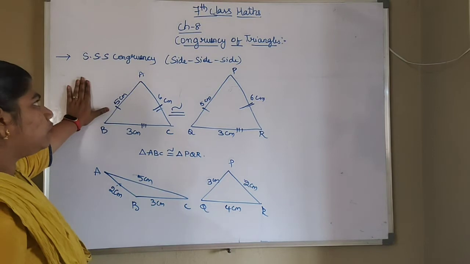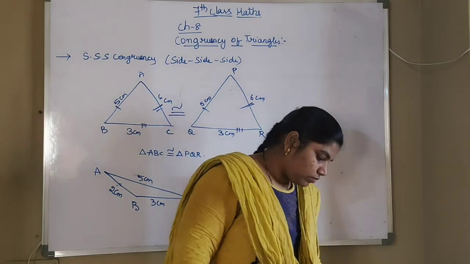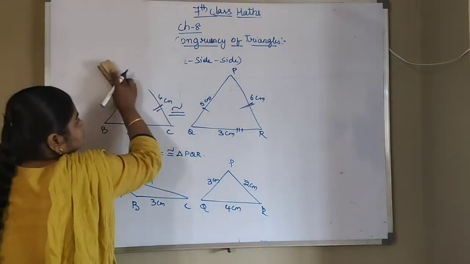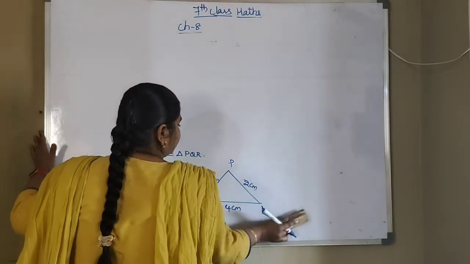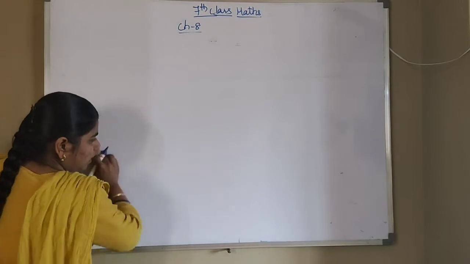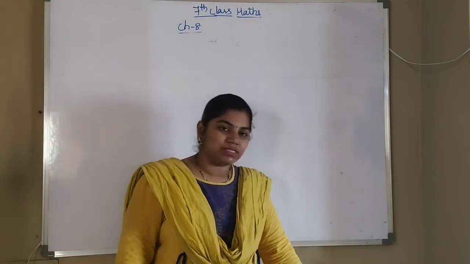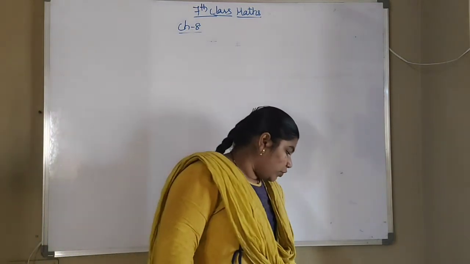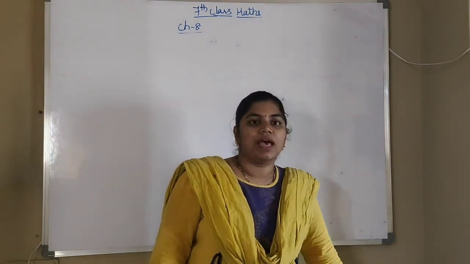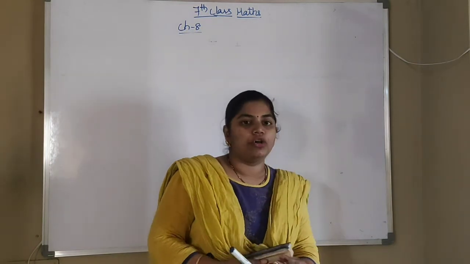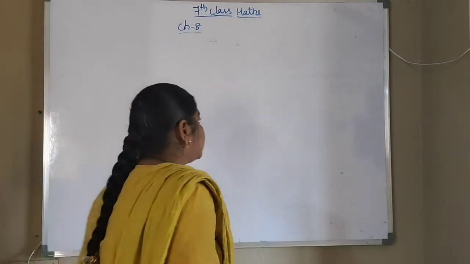So on this we are going to start our exercise now. So that is exercise 1. If you want to write a definition in classwork, on page number 168, you have side congruency. So what is that? That is, if three sides of a triangle are equal to the corresponding three sides of another triangle, then the triangles are called congruent to each other. So that is the definition for SSS congruency. So exercise 1.